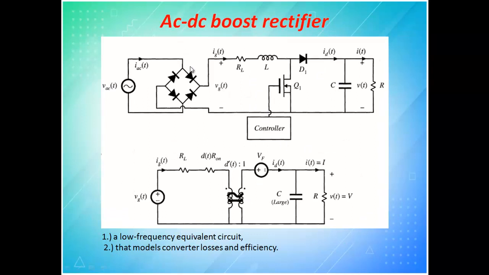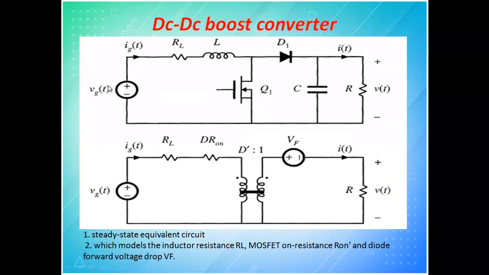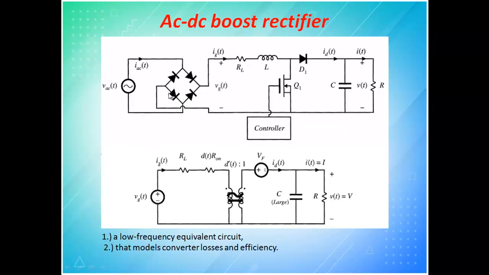Now that boost converter I have combined with an AC side. From the AC side I am discussing. Here I have not shown the AC side, I have said it is only DC, but some rectifiers will be used, and that diode rectifier will come into the picture. When you bring in that diode rectifier, then this will become dt, because this has some ripples. Ripples are like, when you put a diode rectifier without any capacitor, you will get a rectified sinusoidal waveform, with variation on both positive half cycles with respect to sine. So dt is nothing but the rate of change with respect to time.